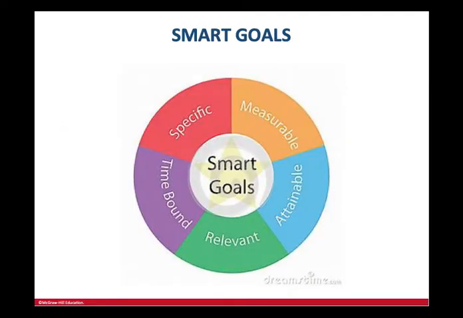So the 5 characteristics of a good goal are represented by the acronym SMART. S, specific, is stating that goals should be stated in specific rather than vague terms. So the goal, for example, as many planes as possible should arrive on time is too general. In order for it to be specific, we need a number. So that goal instead should be written as 90% of planes should arrive within 15 minutes of the scheduled arrival time, which is much more specific.